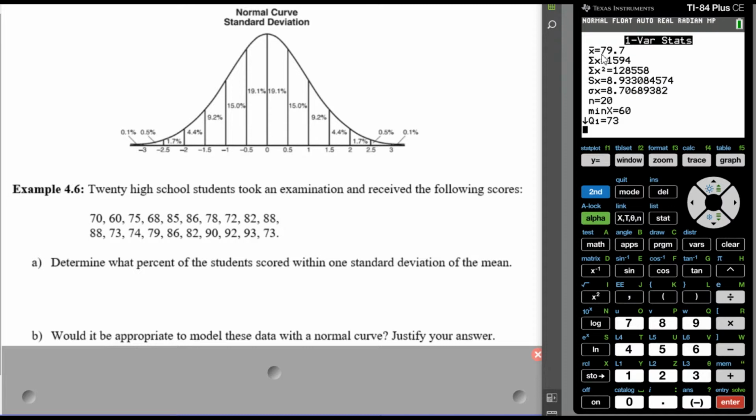So now I know that the mean is 79.7 and the standard deviation is 8.9. To obtain what's within 1 standard deviation of that value, I will need to look 8.9 units below this mean and 8.9 units above this mean. To calculate that lower and upper bound, I will utilize these statistical variables, which can be found in the VARS